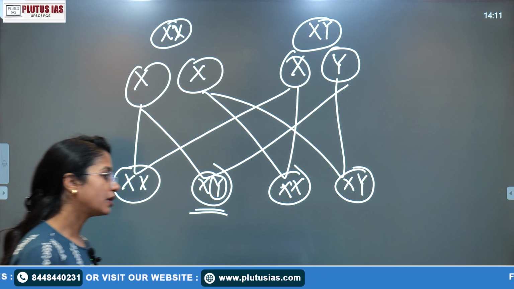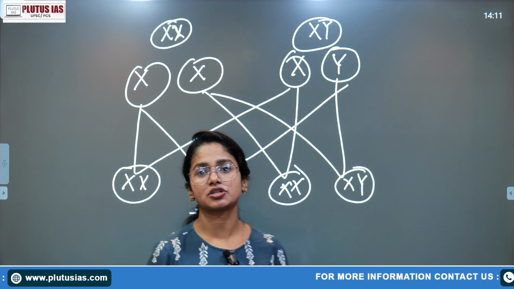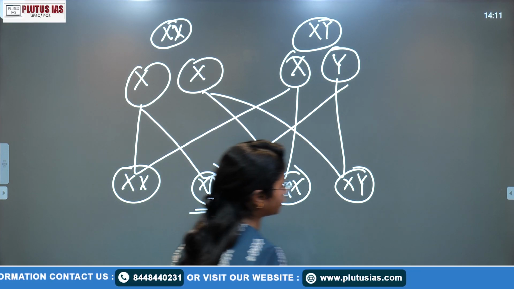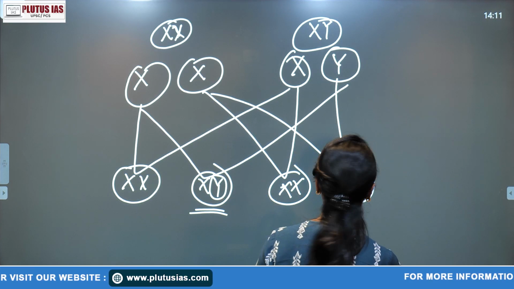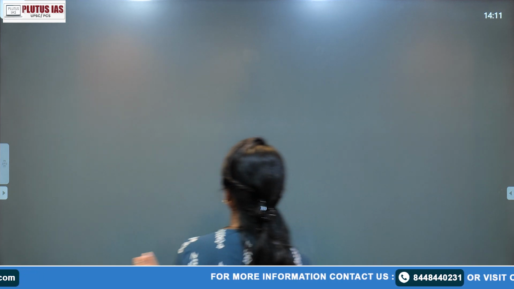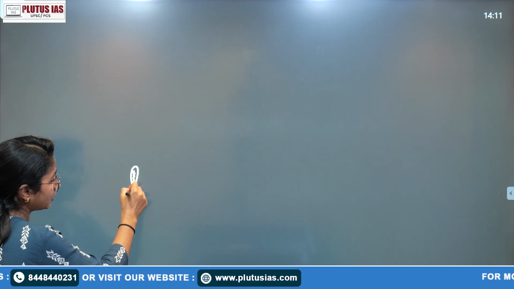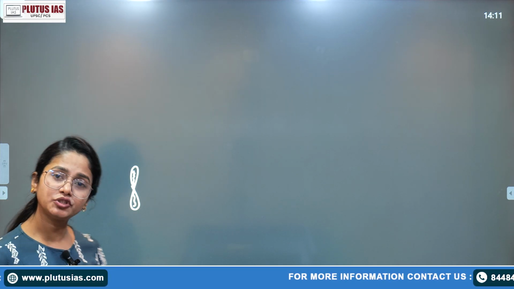So here we can say that the Y chromosome is one of the sex determination factors in the human, right? A similar process occurs in the sex determination process of Drosophila. Okay, what happens in Drosophila? If you talk about the Y chromosome, ultimately in that Y chromosome there are some genes, right?